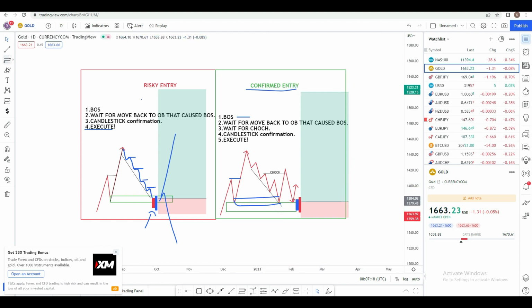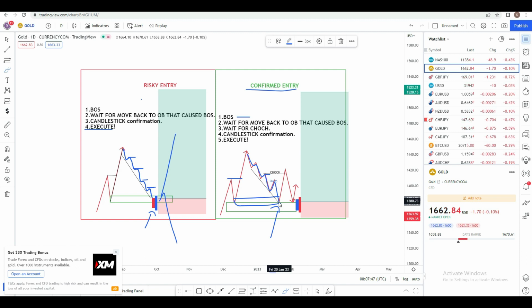This is very good, because as you can see, number one, price is actually coming back to a fresh zone. Price has broken structure, and price is coming back to a fresh zone, and as price is pushing down, price gets to the area. We are still in a downtrend, but what makes this a high probability trade or a setup that you can look for